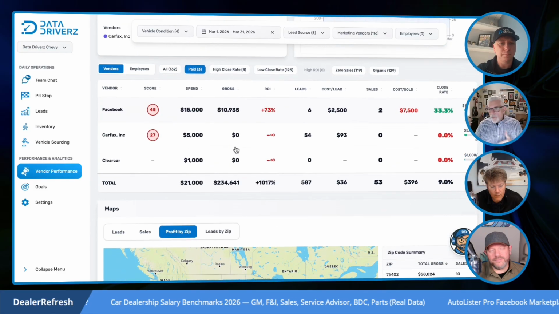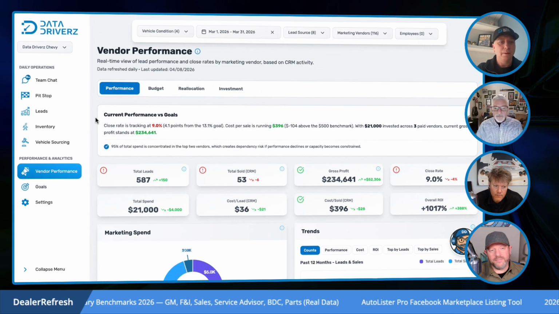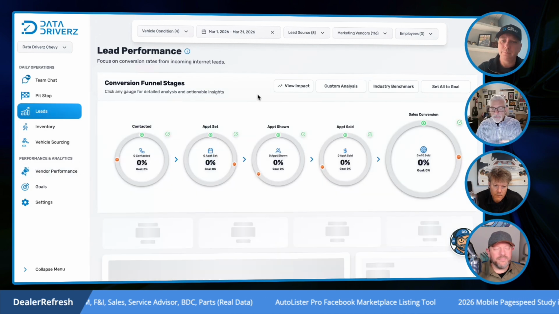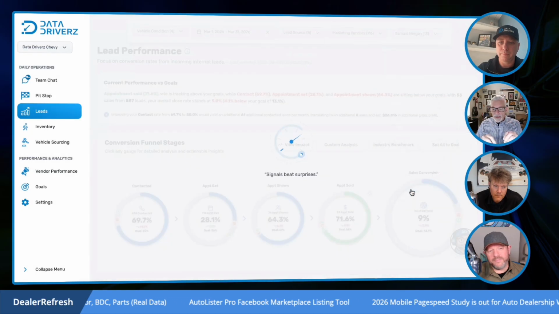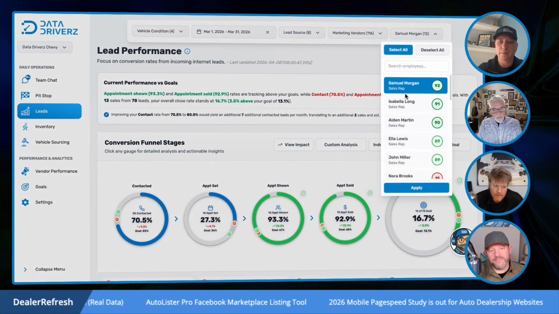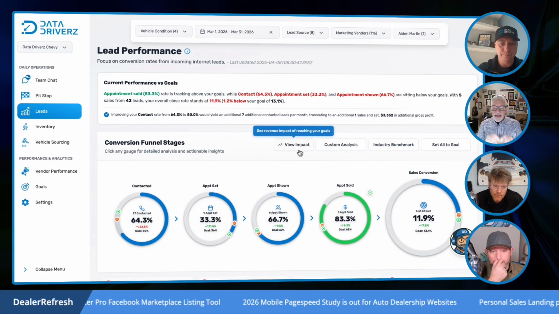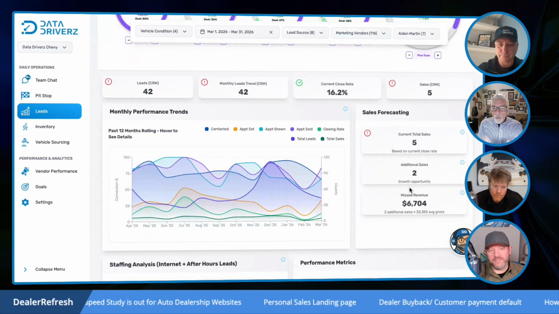And that's where it just gets so muddy and the blame gets thrown around. Now, everything in your variable ops, your people, your marketing, your vehicles, everything is scored, and you can drill down to that one thing that they need to make an improvement on. Again, whether that's the people, whether that's the vehicles, you can see what that thing is that needs to be changed. If it's a person, you can tell that person what they're doing today, what it's getting them, and if they change this one thing, where that will take them.